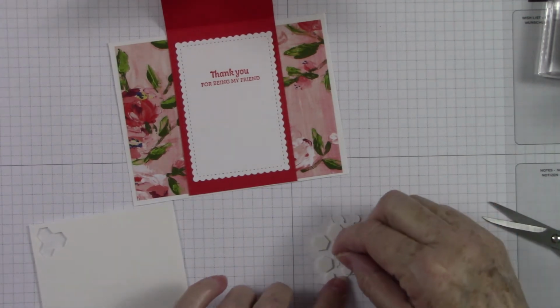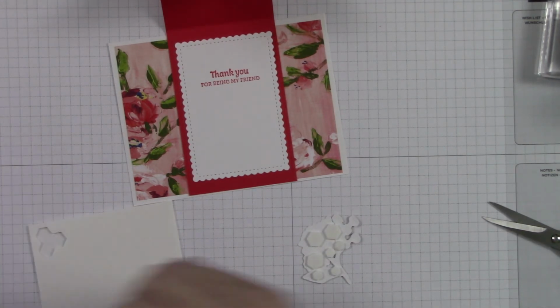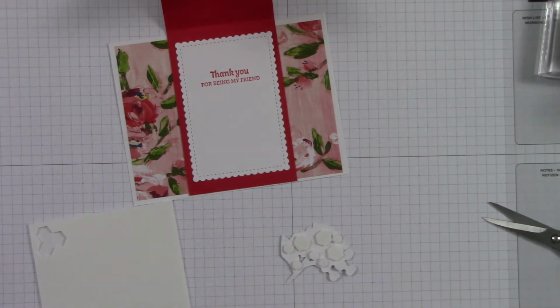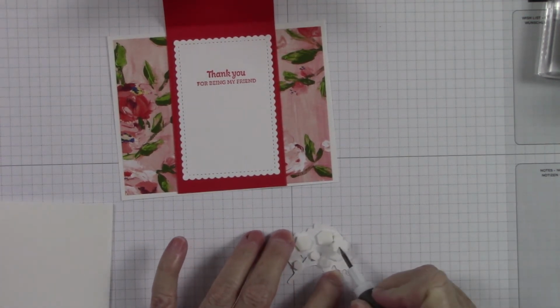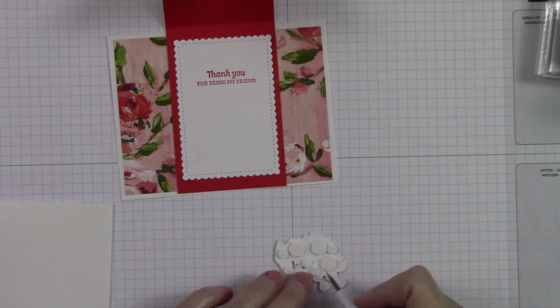I'm telling y'all folks, Stampin' Up! just thinks of everything, and it really takes the guesswork out of color coordination. And I mean, their designer series paper. How many times have you struggled with finding the right shade of cardstock to go with that pack of paper that you bought? All the time. Not with Stampin' Up's products. You will never ever do that,